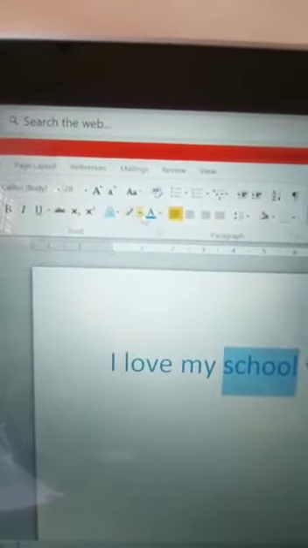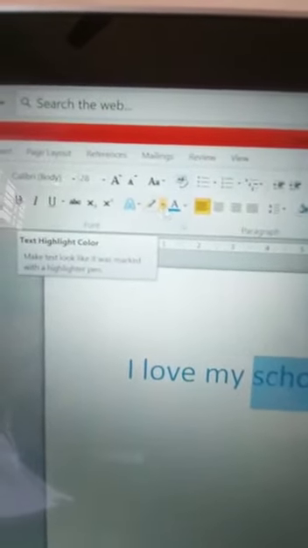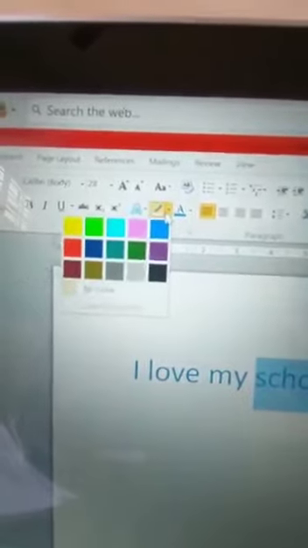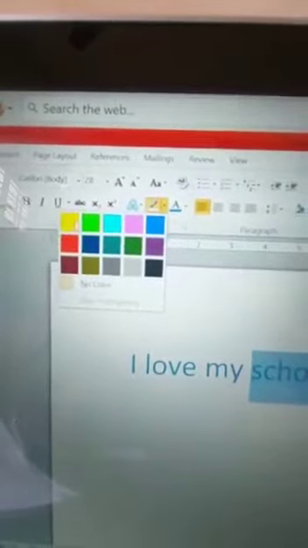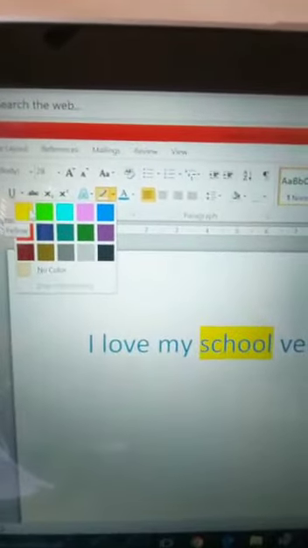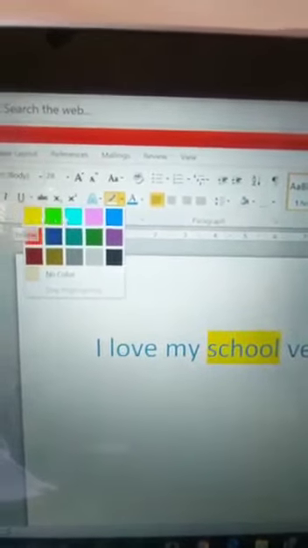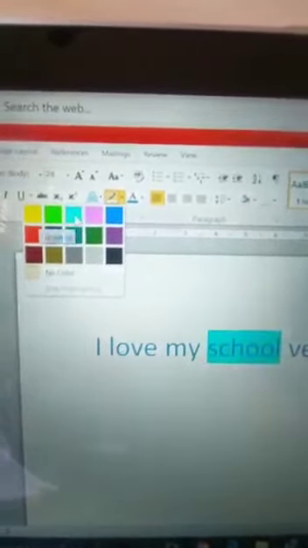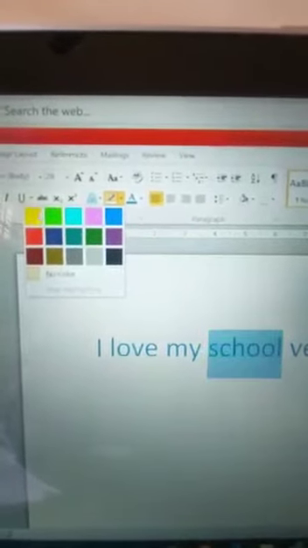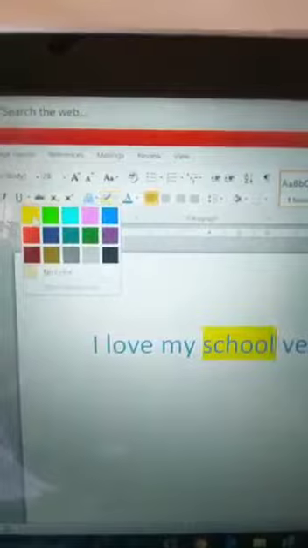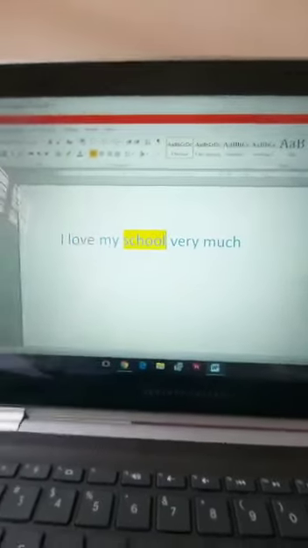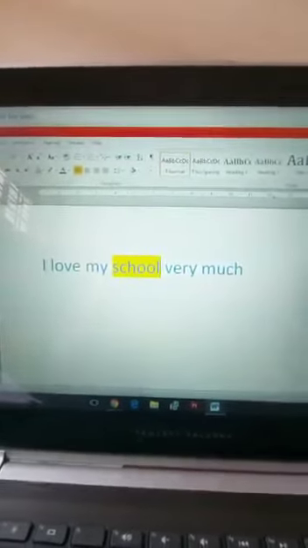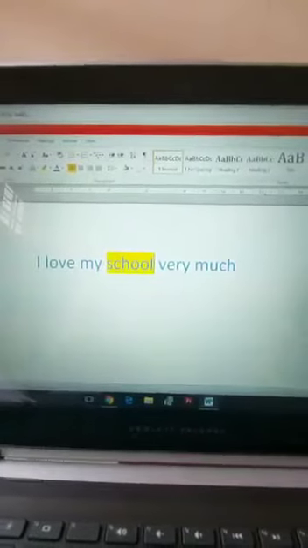Then here there is an option for highlight. Click on this arrow. A drop down box will appear. So I want to make it yellow. See here, can you see, school is getting the highlighted background as yellow. You can set green, blue, pink, whatever color you want you can choose. I'll choose yellow. So see here, this particular word is highlighted with yellow background. This is how you apply highlighted